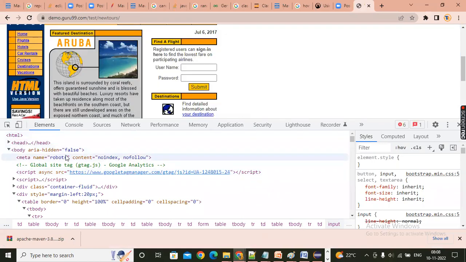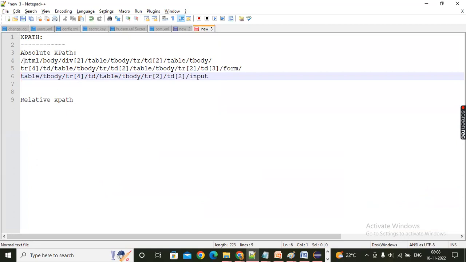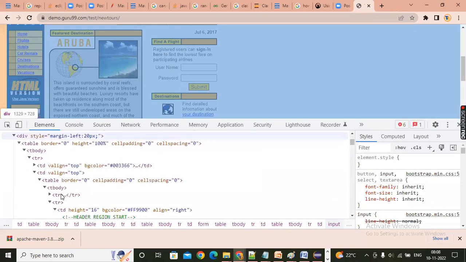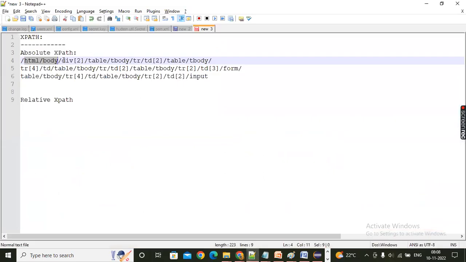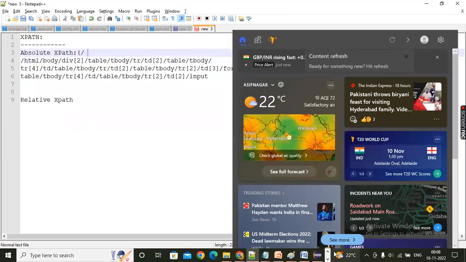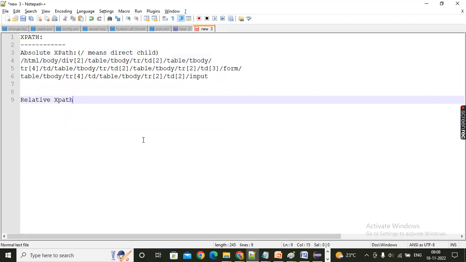XPath tells you to go to this HTML, then under that body, somewhere body is there. Under that div of 2, then table. See, single slash means direct child. Single slash means what, guys? Direct child. Are you able to follow? Single slash means what, guys? Direct child. So in the HTML, you can see